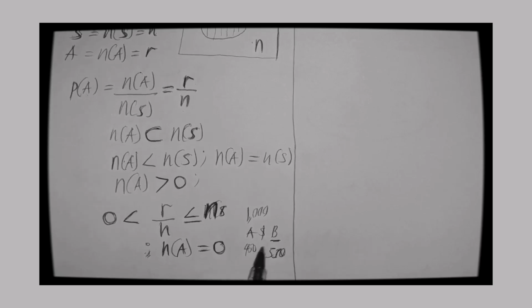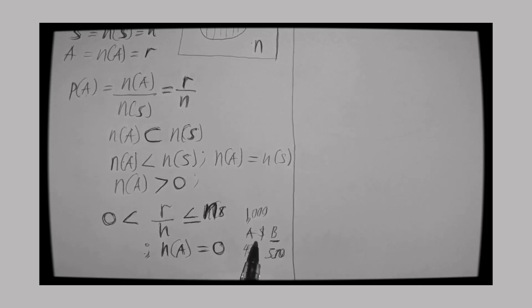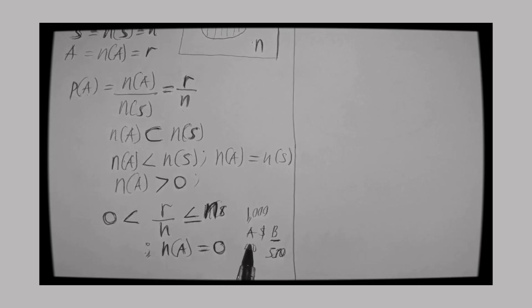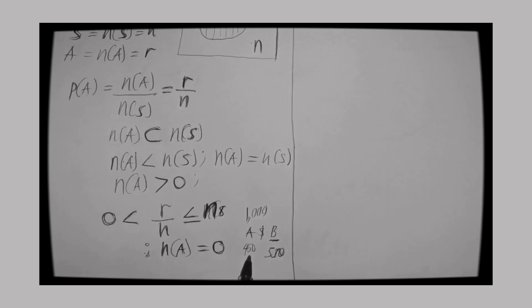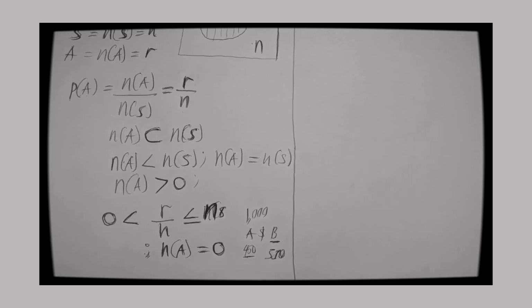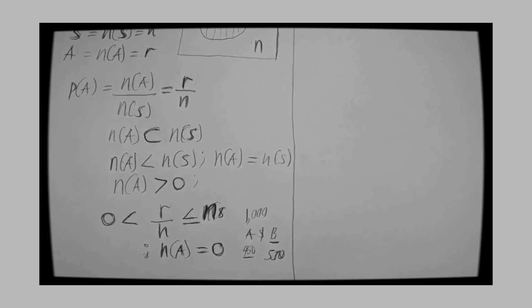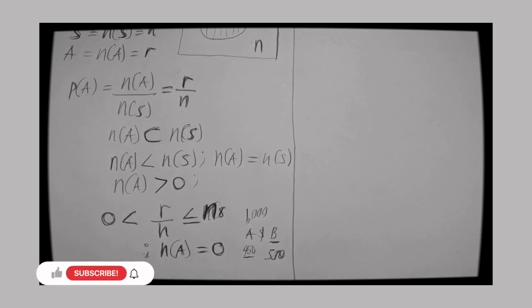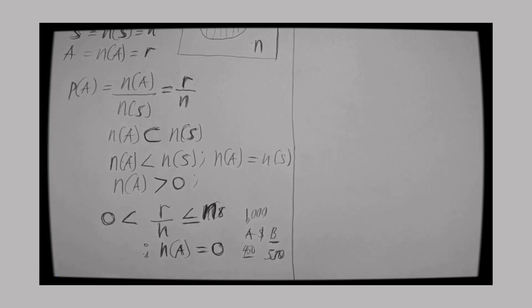So the fact that A didn't win, that the probability that he will win didn't happen, doesn't make it 0. So that is the real life situation. Here you see it's 450. Is it 0? No, it's not 0. It's 450. So that's why I'm saying that it's impossible to get a probability of 0 in real life situations. For example, taking the election example, we have 1,000 population and B wins by a vote of 550. Does it mean that A had a vote of